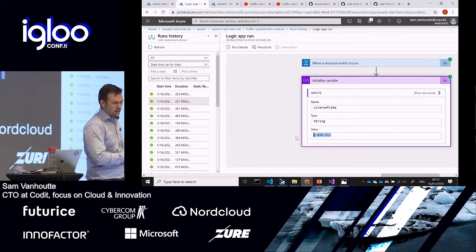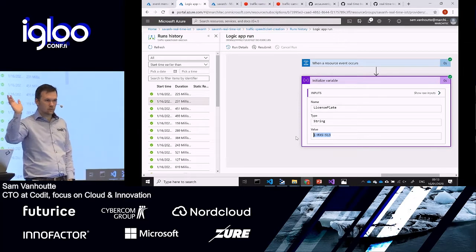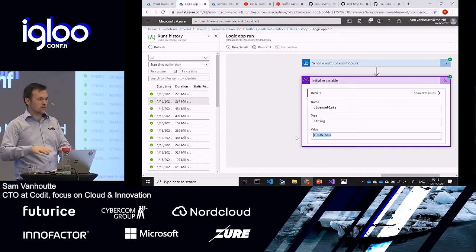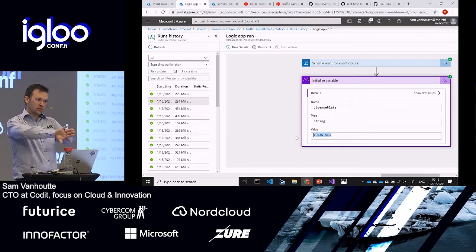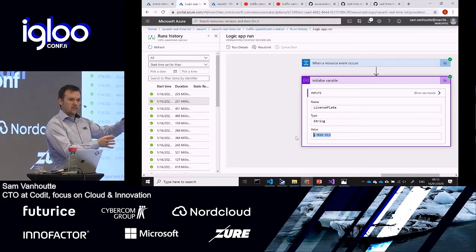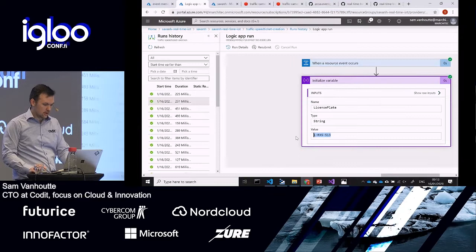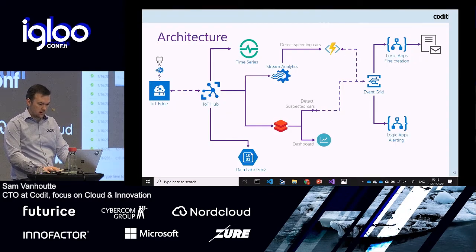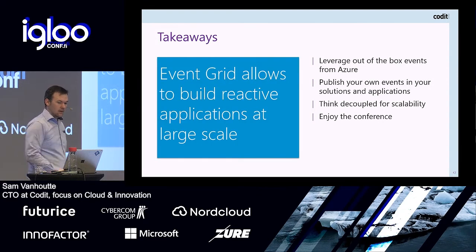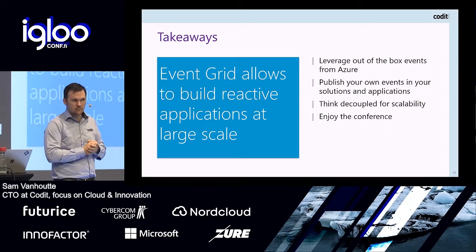And here I can do whatever logic I want. I want to create PDFs. I want to send something to another party, like the police or whatever, to handle these things. That's all fine. But all of that logic is perfectly decoupled and can be done by a different team than my data science and my data streaming team. And that's something that I really believe is helping the scenarios to be built in a way that is scalable enough.